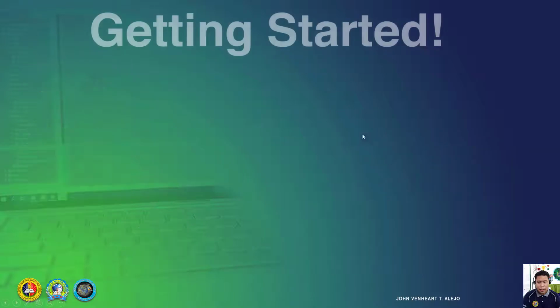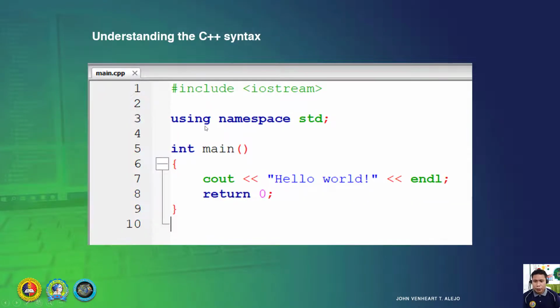For this program, we need it because we have to output something. It outputs hello world, so you need a library to help us output the data.